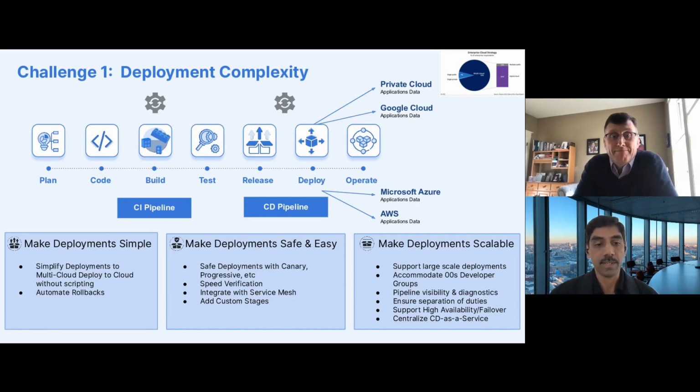Excellent. So yeah, go ahead, Ash. Yeah, I was just about to say, I think one of the challenges for developers is taking away the complexity of the cloud infrastructure and making it more seamless and intuitive for them. Right. In this case,